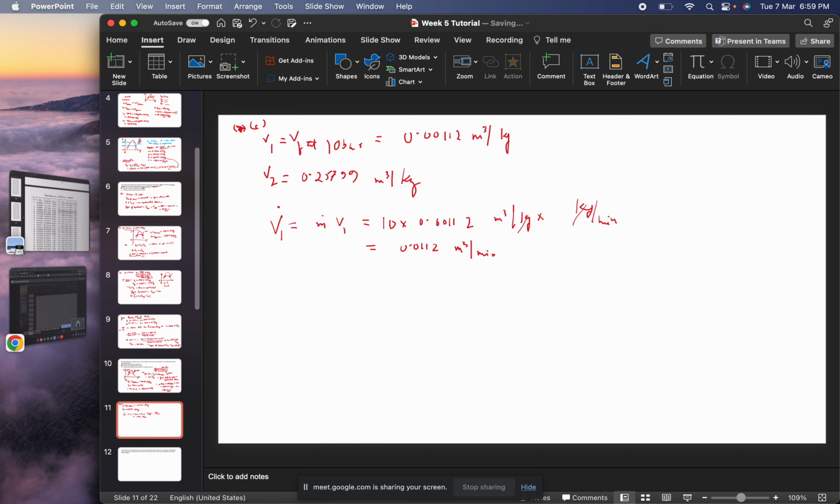So this is my initial volume flow rate, and my final volume flow rate will be similarly mass times V2, that will be 10 times 0.25799 meter cube per minute. You can convert it into second, doesn't matter, 2.5799 meter cube per minute. Okay,